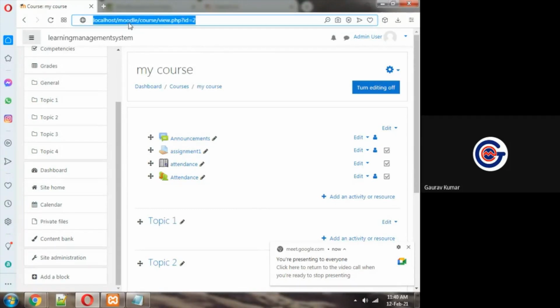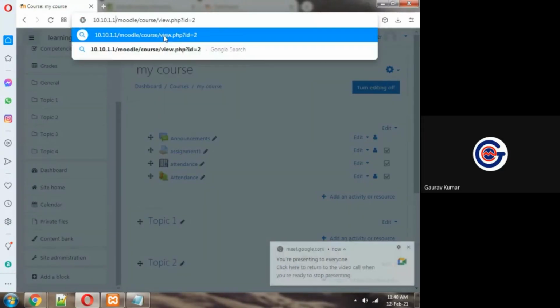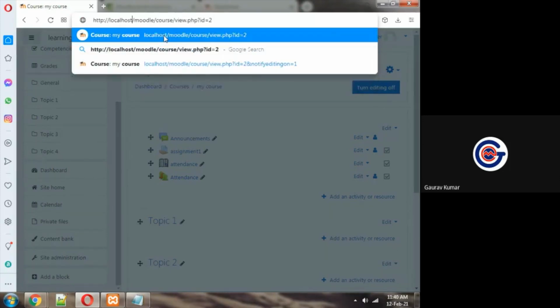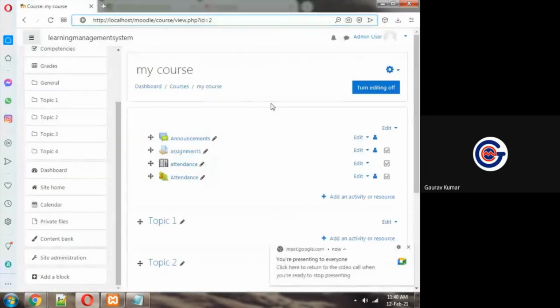If I'm using some real IP address, I can put that IP address, 10.10.1.1 or whatever it is, and /Moodle. Is this visible to all? This is my local Moodle server.